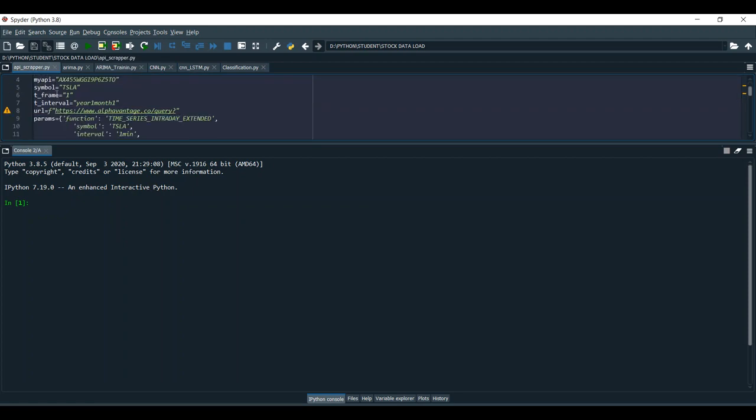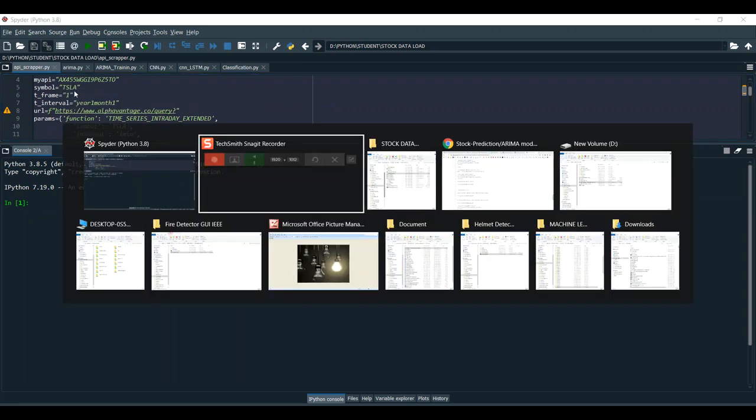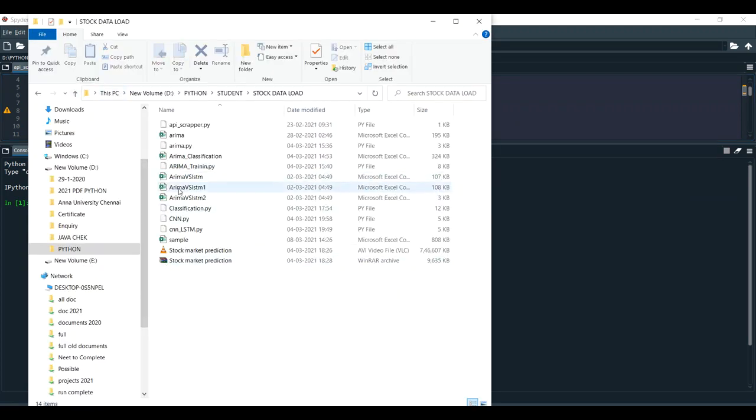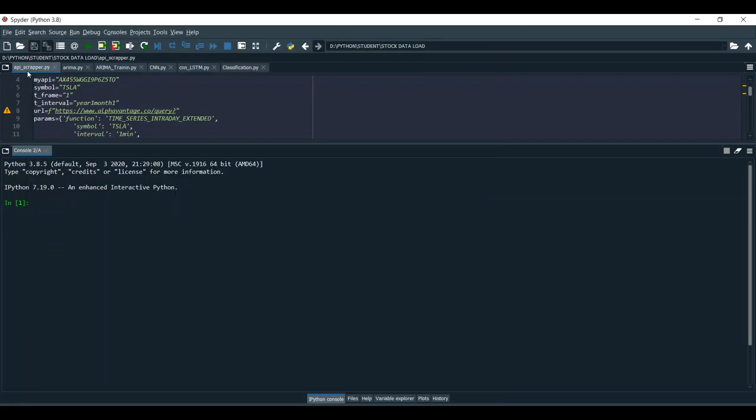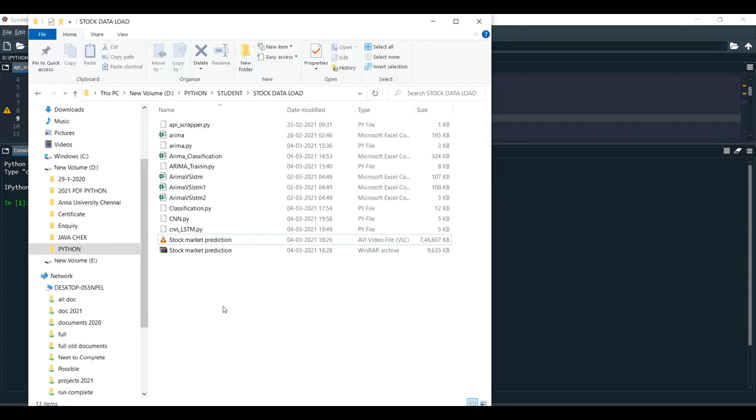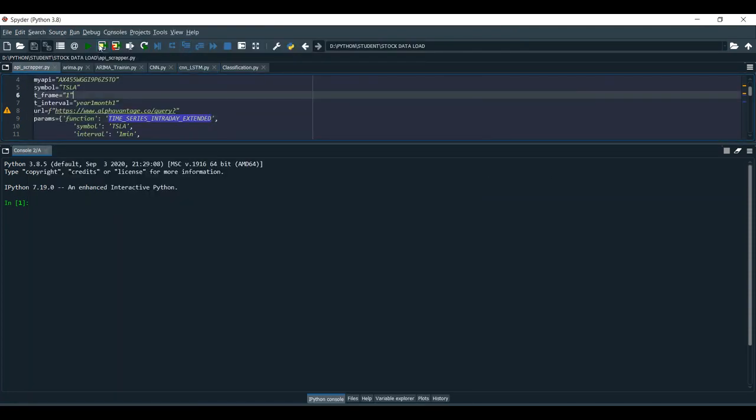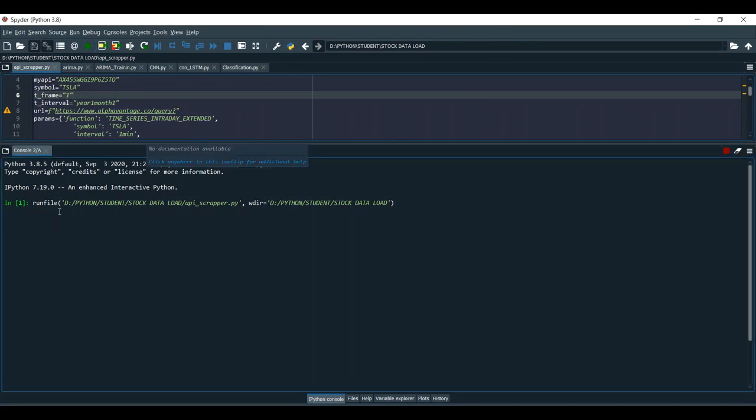For that this is my API, and for this symbol I am going to predict. The next step is, while I am executing the project, the real-time stock prediction data set API process. Once it is executed, it will create a sample.csv file. So right now I'm going to execute. I'm going to get the sample.csv file as an output, a real-time data set of that particular